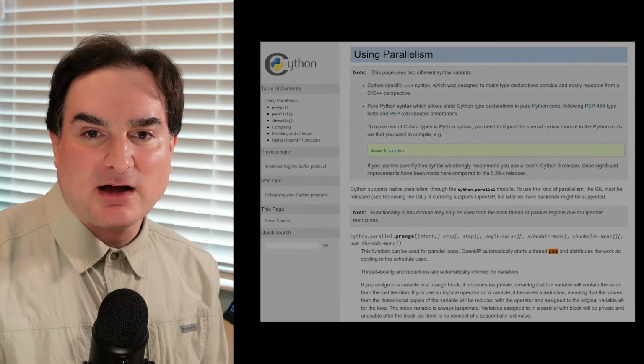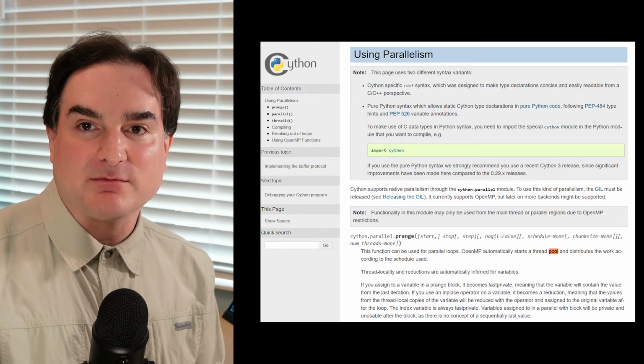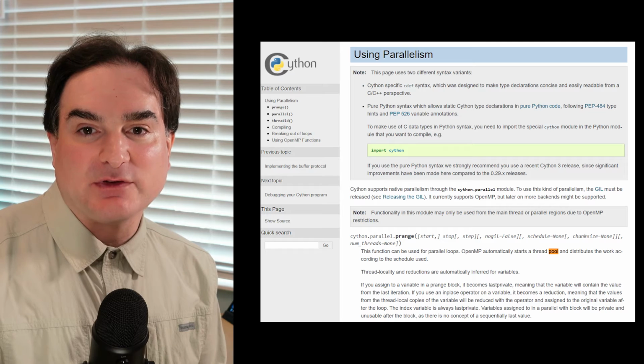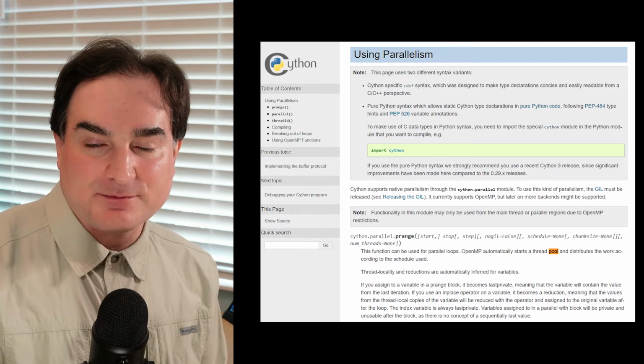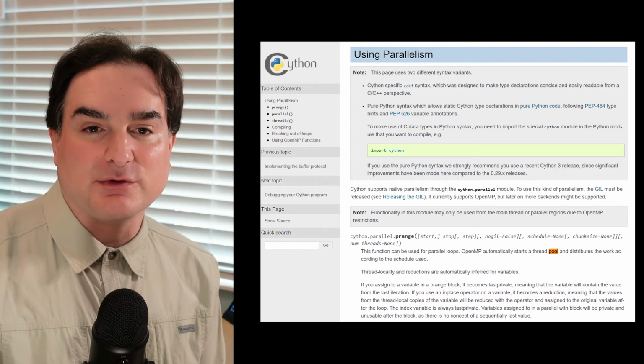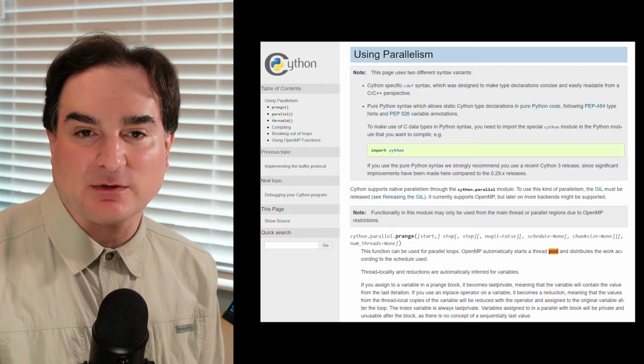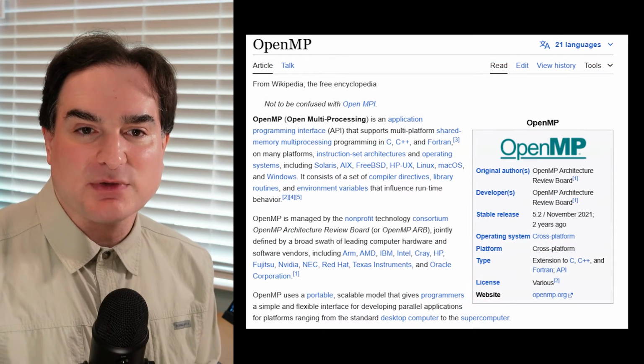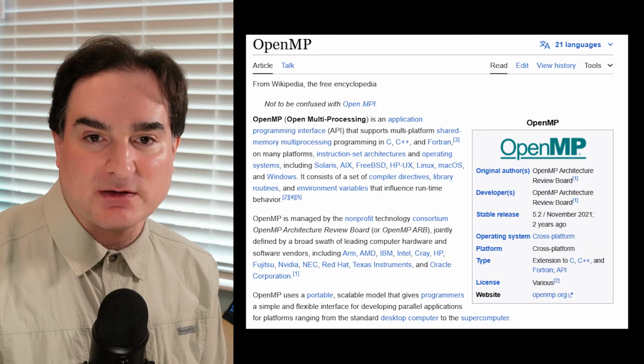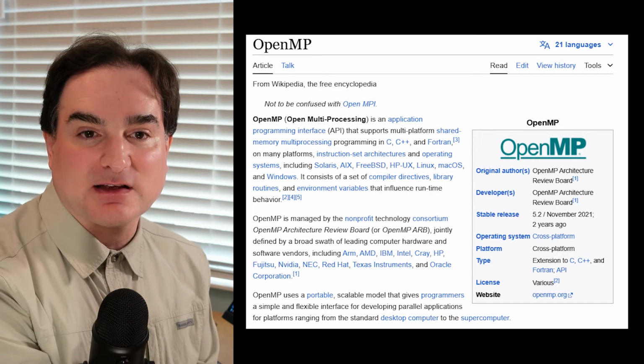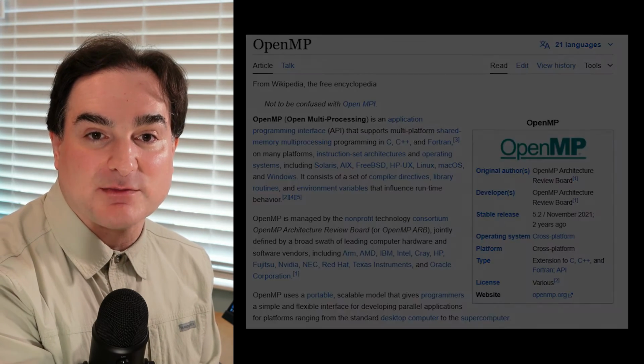I'm going to show you the basics of writing Cython code that uses native parallelism. Now, by native parallelism, I mean Cython code that runs in multiple threads, but without using the overhead of Python's threading system. Instead, your C module uses the OpenMP standard for parallel processing, so it'll run in parallel on any platform that supports OpenMP. Linux, macOS, and Microsoft Windows all support OpenMP. Now, there's a few different ways you can employ parallelism in Cython, and in this video, I'm going to start with one of the most basic and immediately useful, the parallel range construction. So let's take a look at an example.